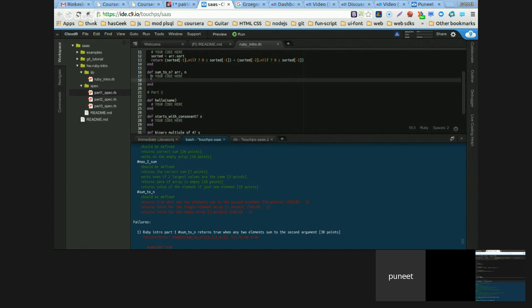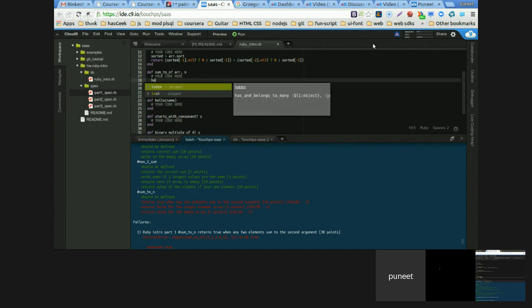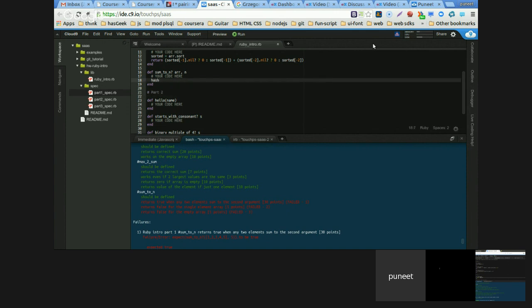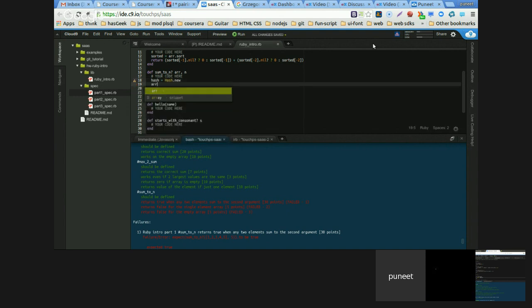All right. Max to sum is done. Sum to n is: you go through an array and find two elements which sum to the second argument, that is n. Okay, so what I had in my mind is to collect everything in a hash actually. So this does need going through each loop actually. So